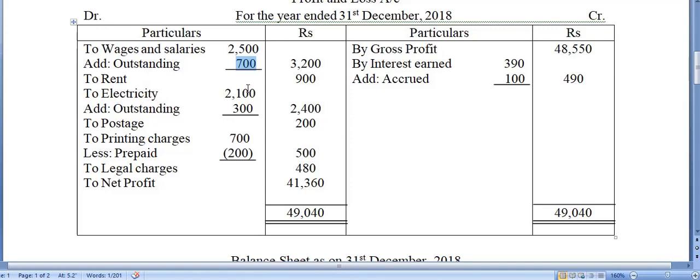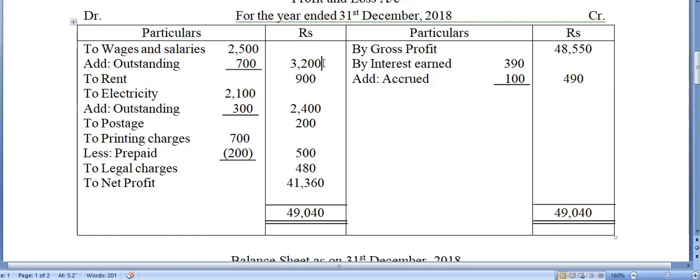The wages are already given in the trial balance, rupees 2,500. After water and gas, it's written wages and salaries. Wages and salaries is 2,500, right? But there is an outstanding amount. So 2,500 plus 700,